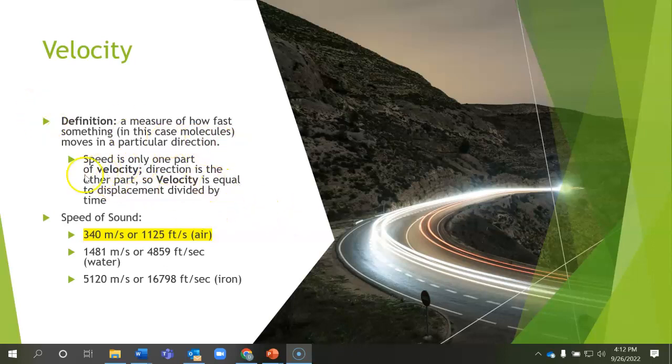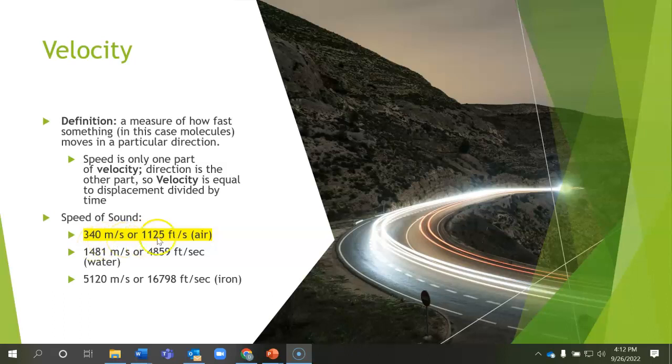Speed is only one part of velocity, and direction is the other part. So velocity is equal to displacement divided by time. I'm not going to expect you to understand or know how to calculate velocity because it's already been calculated for us. And so in a gas medium, and I've highlighted it here, the speed of sound is 340 meters